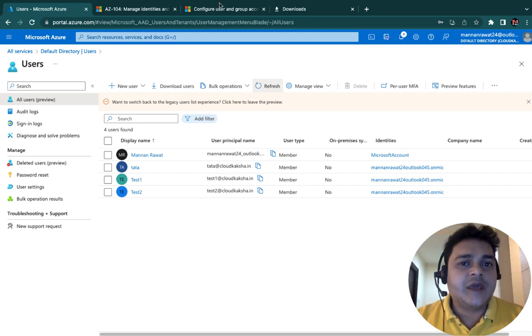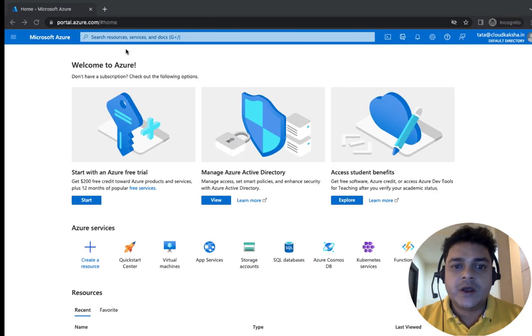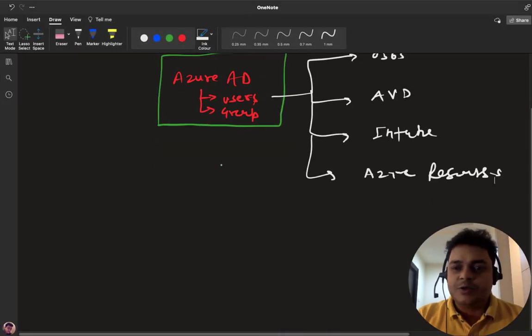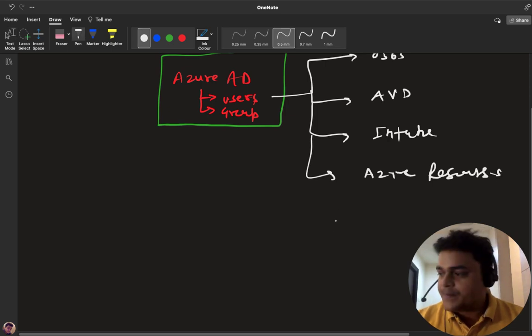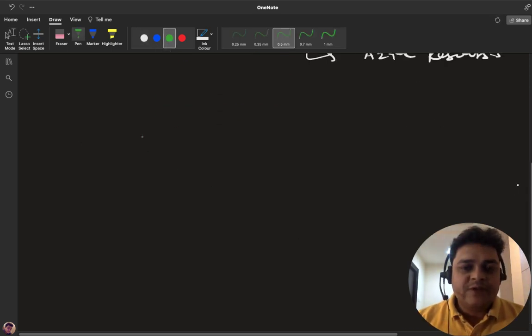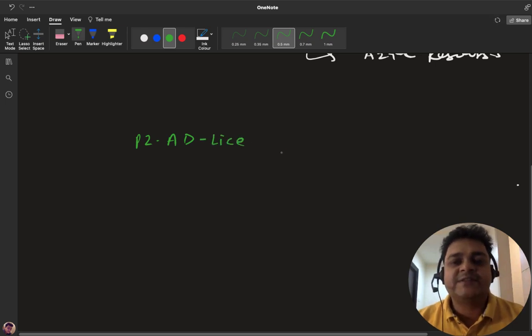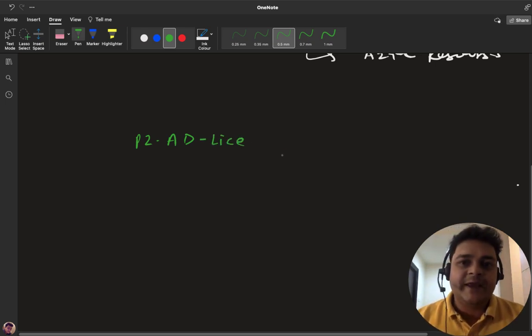Let's move on to the next topic. Another important part is related to groups. So first of all, we should know about the usage of groups and why we need to create user groups over Azure Active Directory. For example, we have a P2 AD license, right? I hope all of you are aware of the P2 AD license. The P2 AD license is responsible for providing security like SSPR, and it can help you to manage